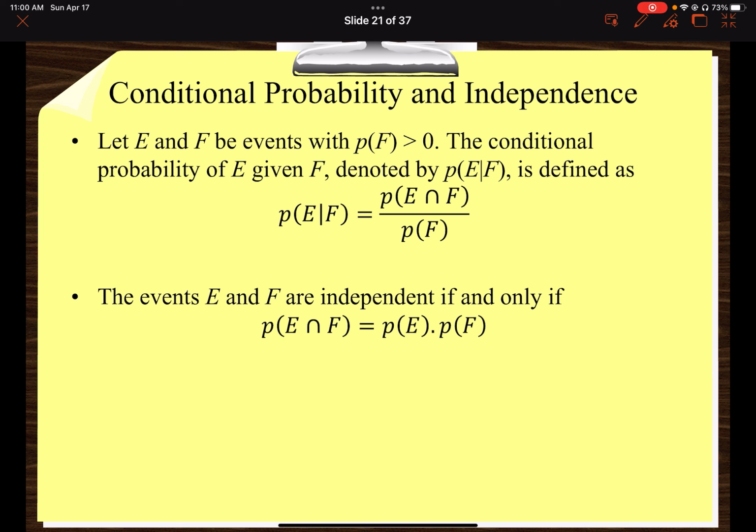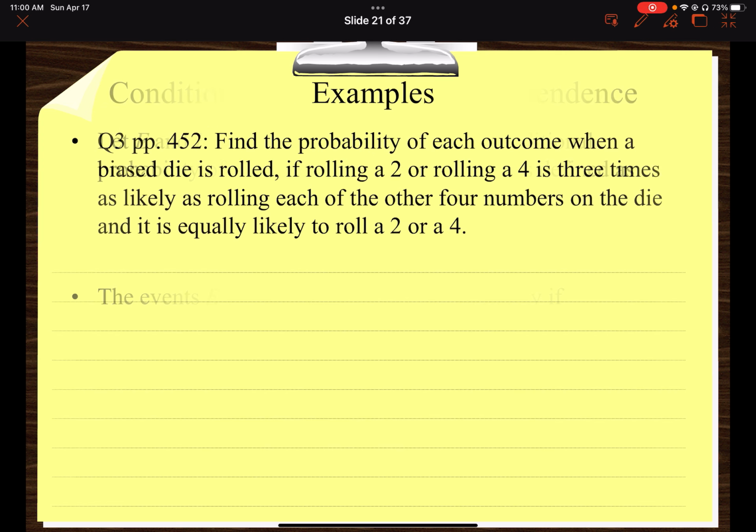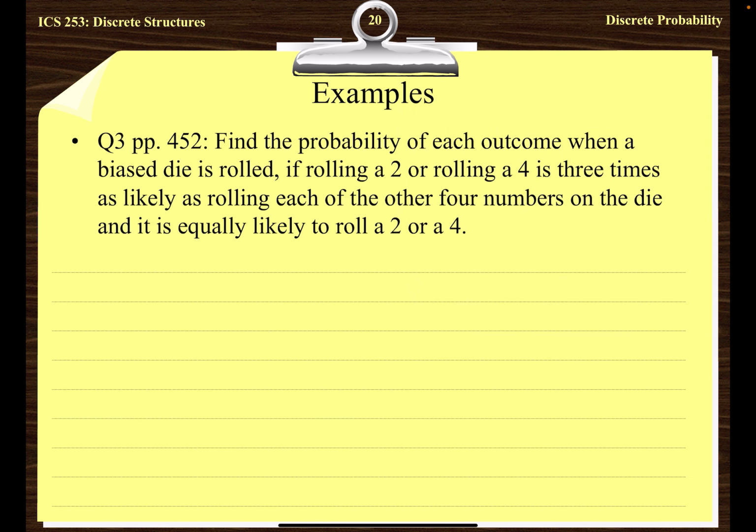Any questions, guys, before we proceed? Any questions? Okay, so let's continue with